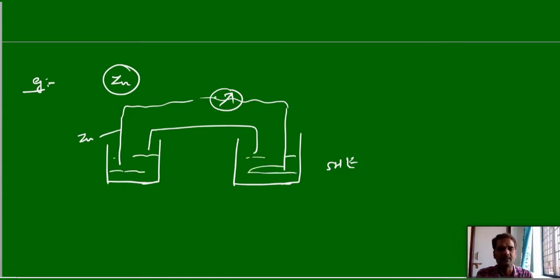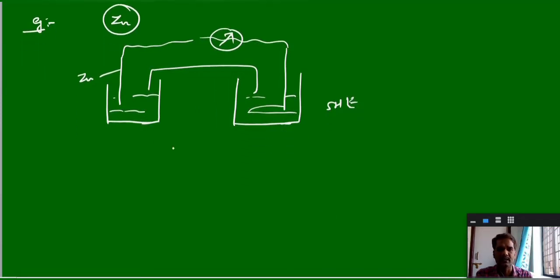Now this meter can show the EMF value. When you connect these two electrodes, due to the potential difference between the two electrodes, it can generate some electric current. That EMF is produced in this cell, and we can measure this EMF experimentally with the help of the meter. So in this case, for zinc and a standard hydrogen electrode, we will get an EMF value of 0.74 volts.